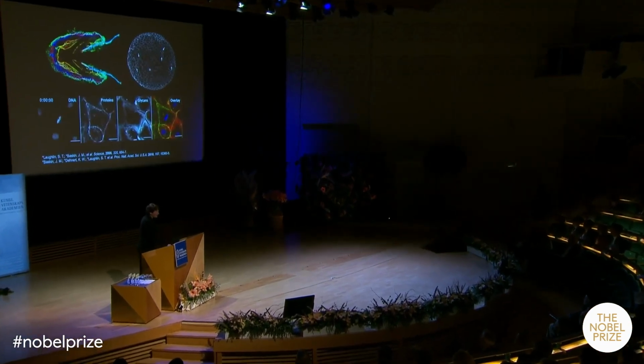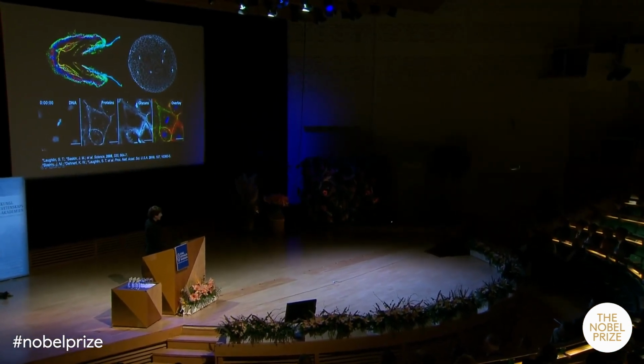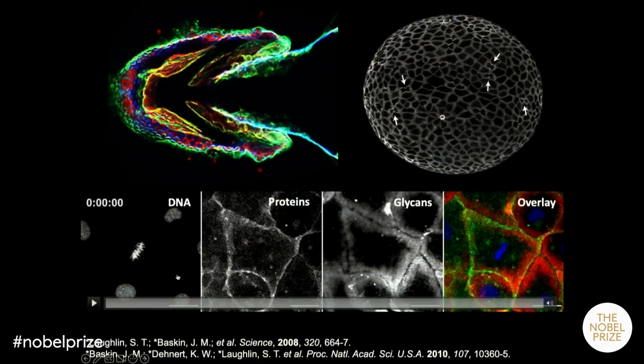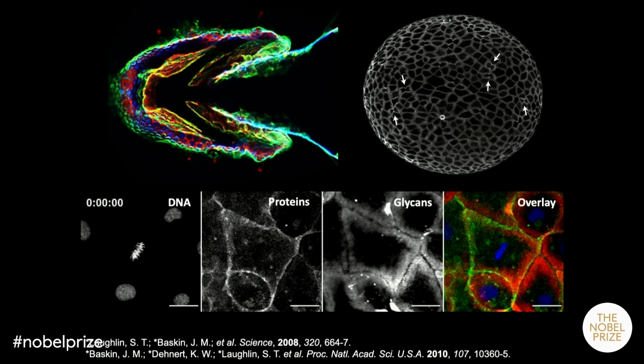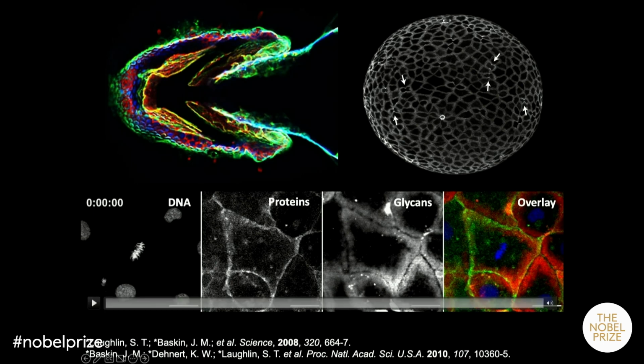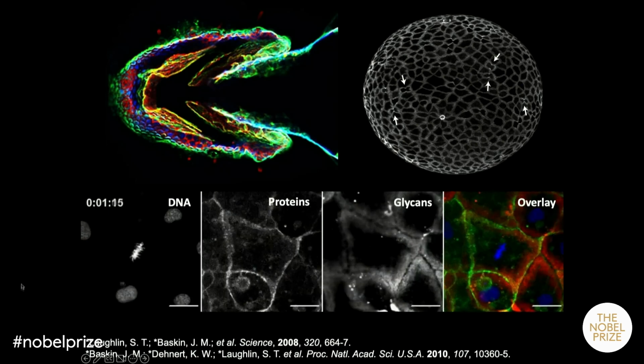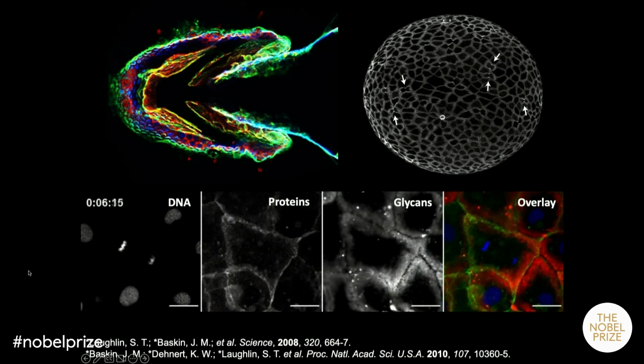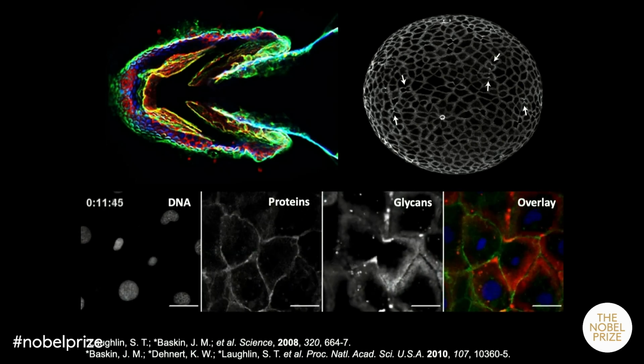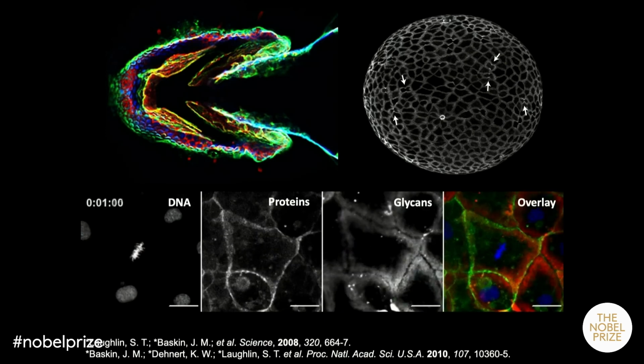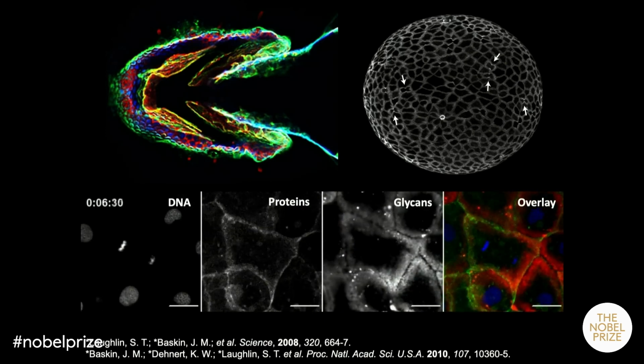Just to give you a sense of what these images look like, up top is the head of a roughly 5-day-old zebrafish, which has had different sugars labeled at different time points with different colors. And you can see how they're distributed. And below that is basically a round of cell division from an earlier embryo. So here's the intact early embryo. Each arrow is pointing towards cells that are undergoing mitosis.